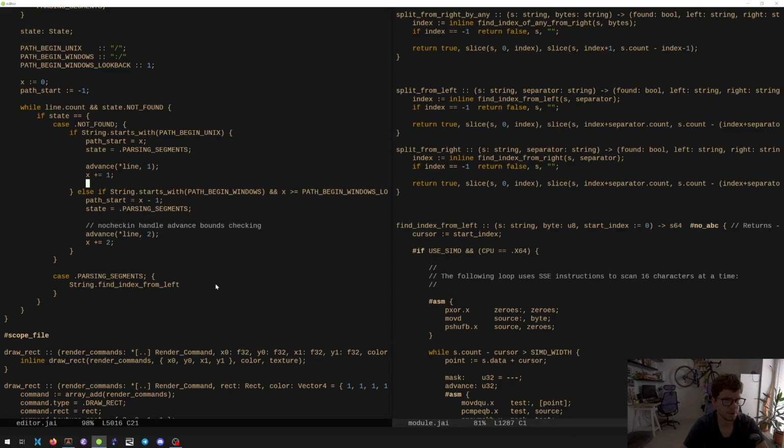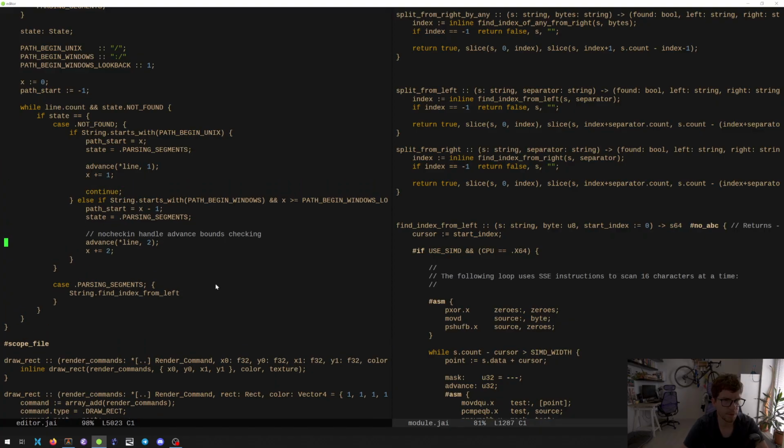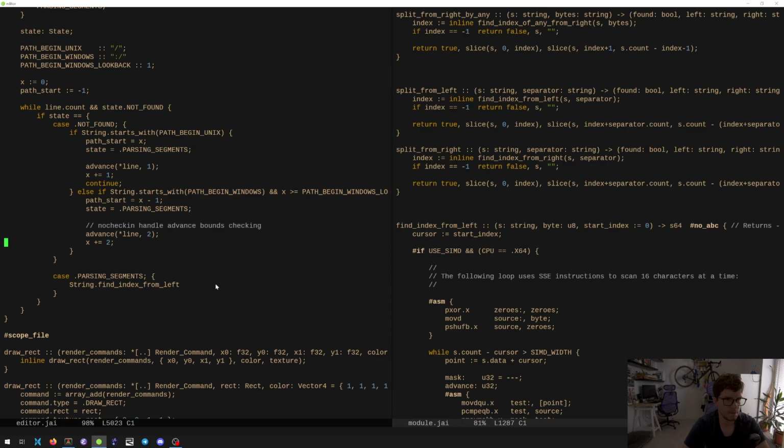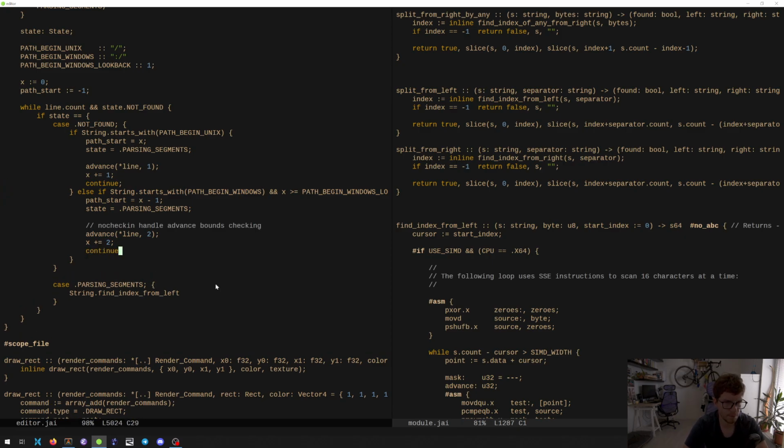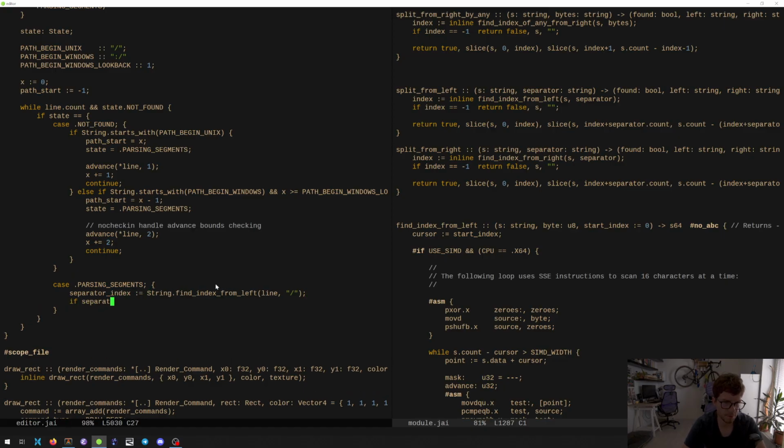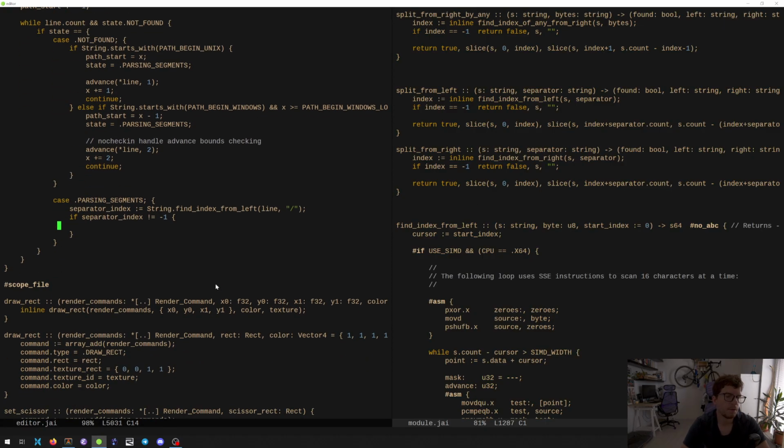By the way, we should have set continue here. And continue here. So we give it a line, we give it the separator. You start at 0, that's fine. Separator index, if separator index is not -1, we are gonna be doing something. Otherwise,